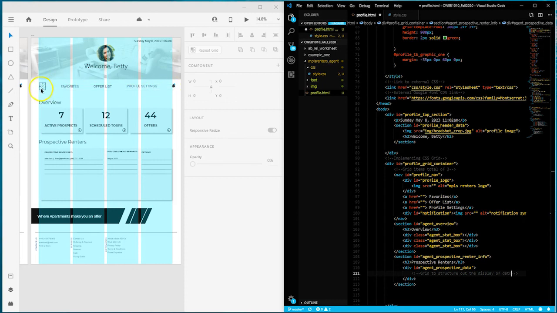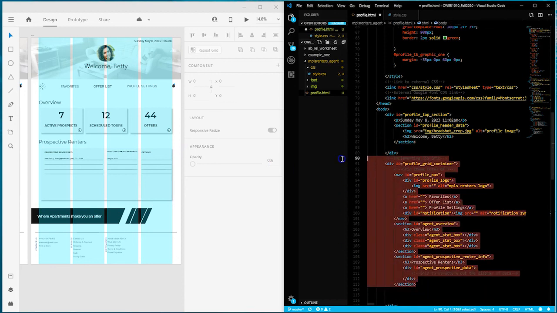So here's my first grid item, which is going to be the navigation. My second grid item is going to be the overview. And my third grid item is going to be the prospective renters. And that's all captured here between lines 91 and 113. And so what we're going to do now is begin to add some CSS, and we'll start